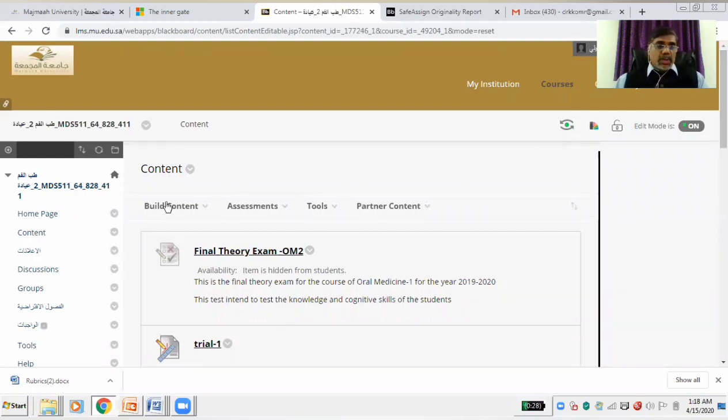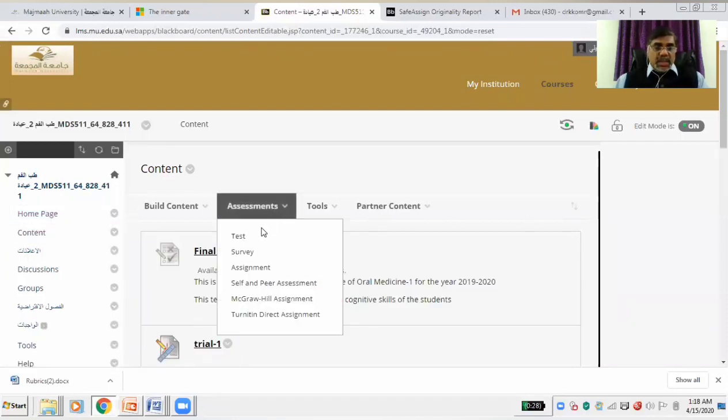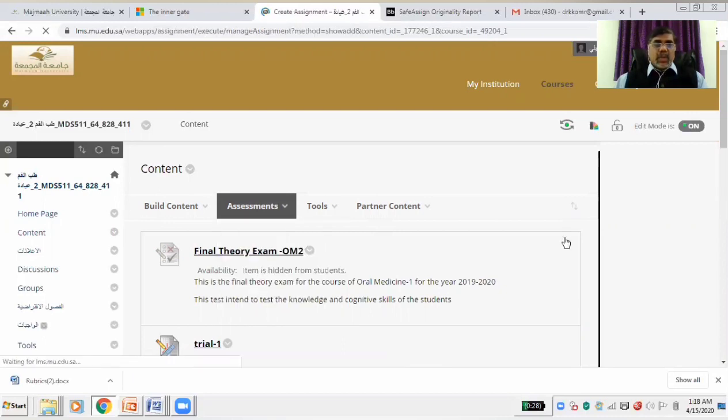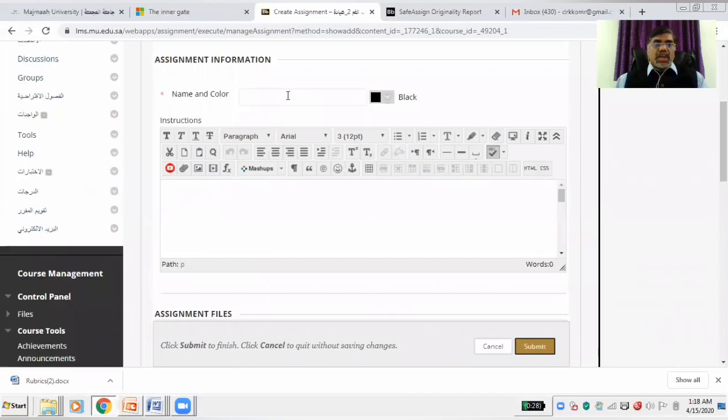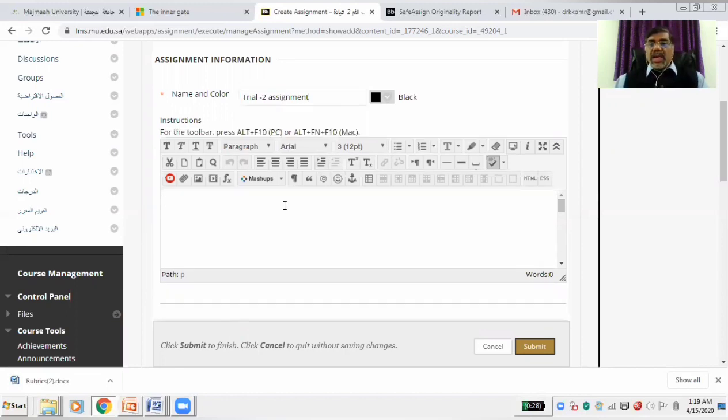So this is one of my courses. This is the content page. So once inside the content page, let me go to the assessment icon where I will select the assignment. Once it is selected, in this new page, you may have to give a name for this assignment. So now let us give a name of trial 2 assignment. Okay, so the name I have given is trial 2 assignment, and here you can give the instructions that should